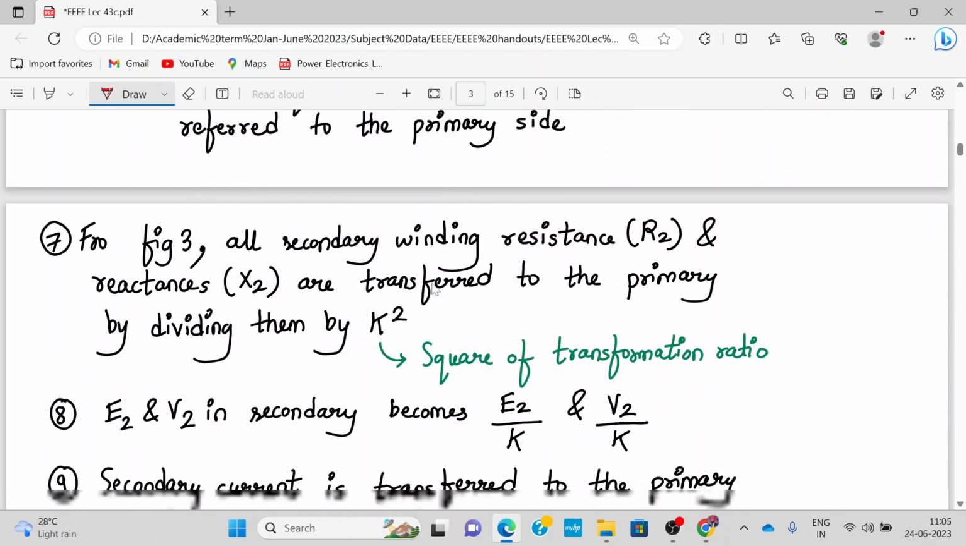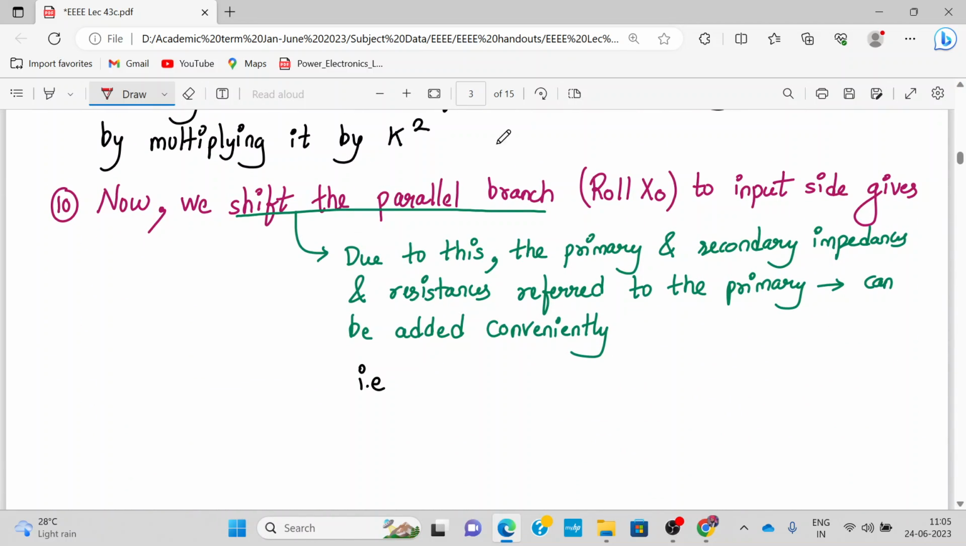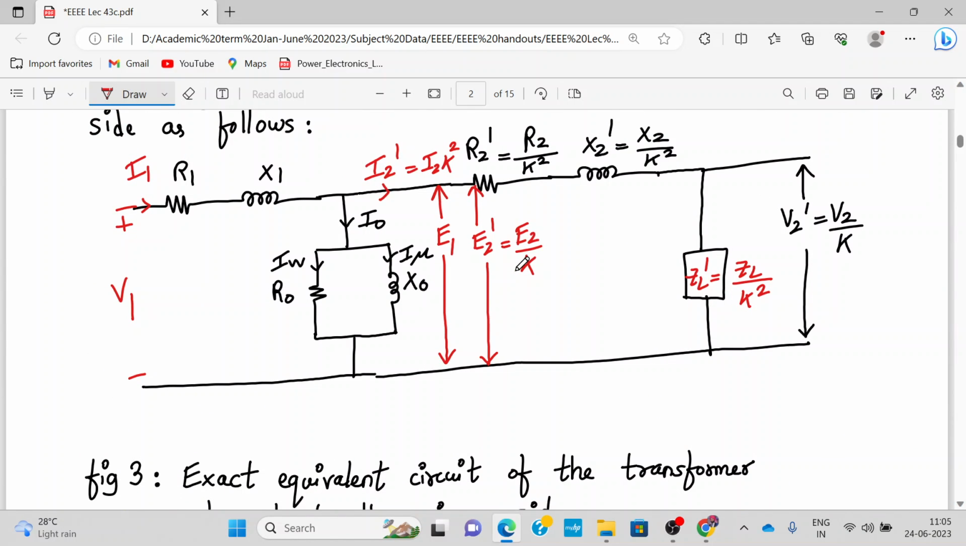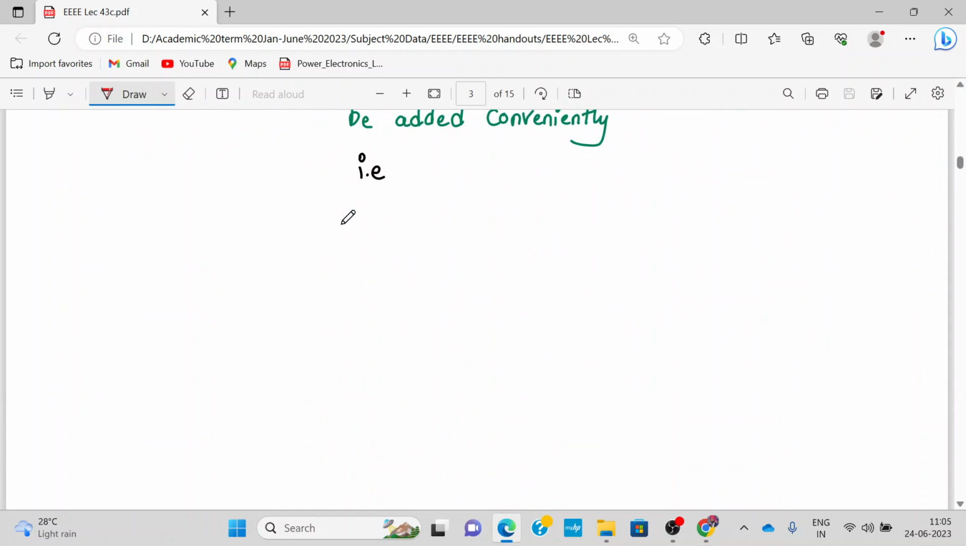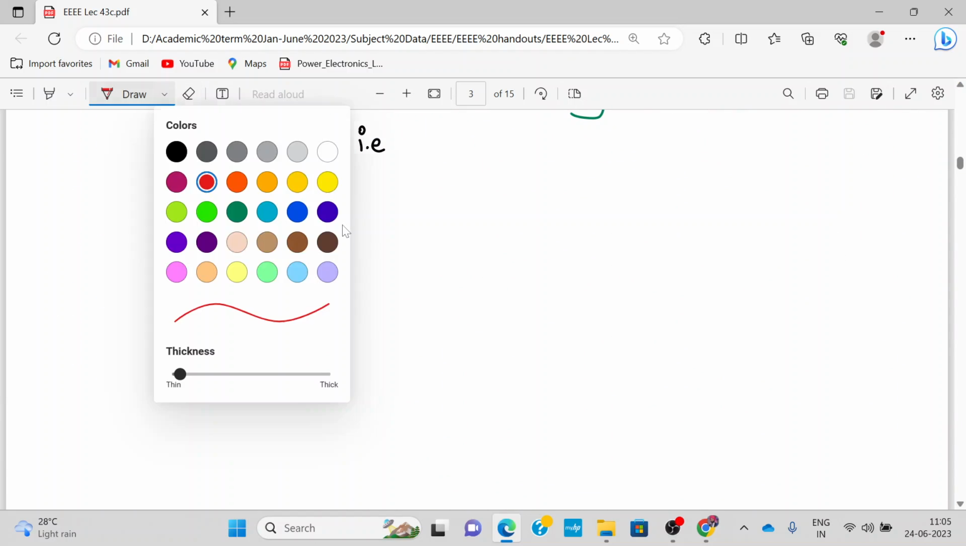So now next will be to shift the parallel branch of R0 and X0 to the input side. So keeping this as a reference, you can draw this in your notebooks. Keep this as a reference. Now we just shift this parallel branch to the left-hand side of R1 X1. So let's do that over here and see. So first of all, we'll shift the parallel branch. It consists of R0, X0,